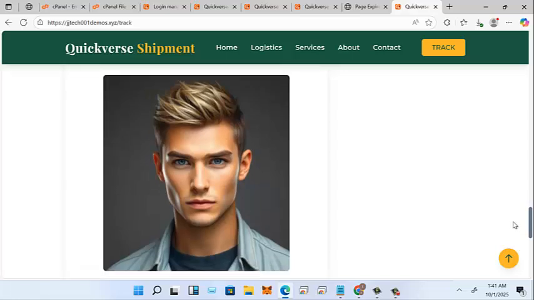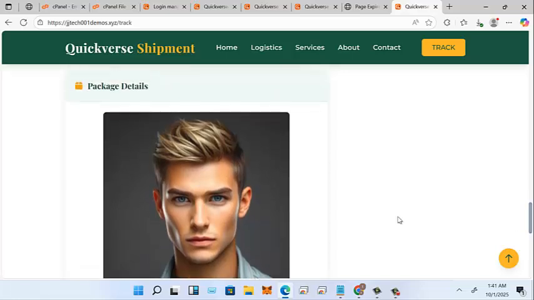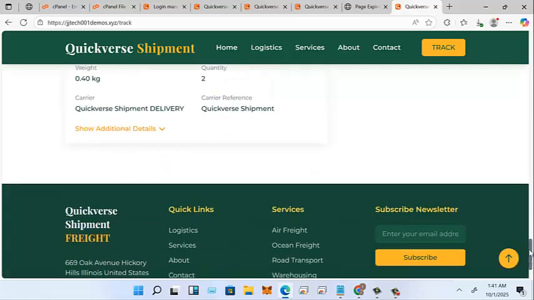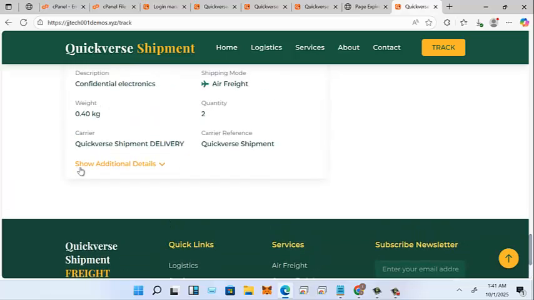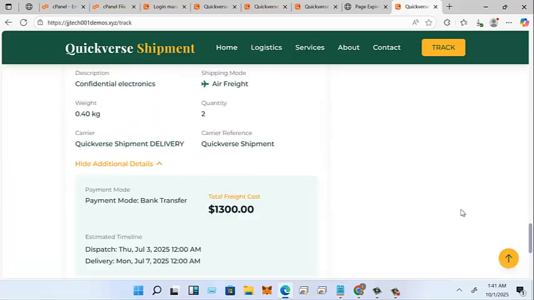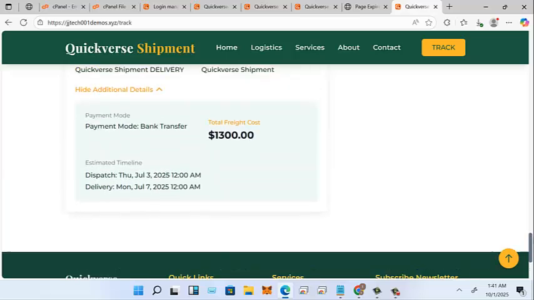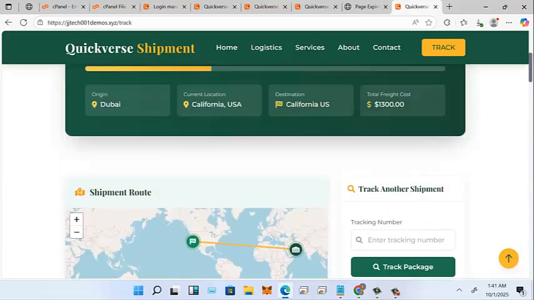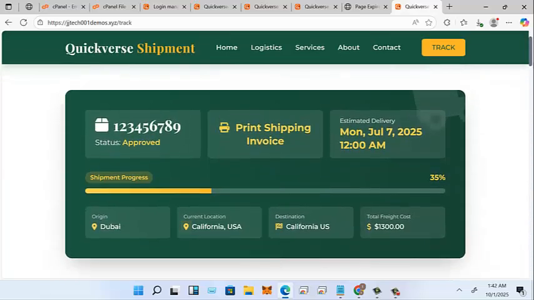Now the tracking package, this is where you can put the tracking image, whatsoever you are tracking. This is where you can put the image of that parcel. We also have a very good receipt for this. Once you click on this, you also see the amount that has to be paid for it. You also see the receipt at the top, which says shipping invoice. So once you print it,